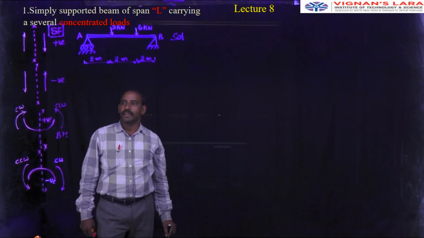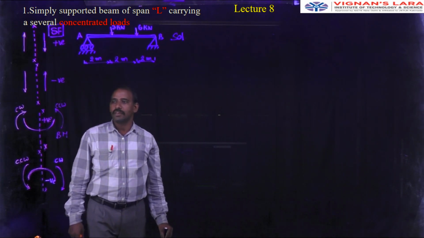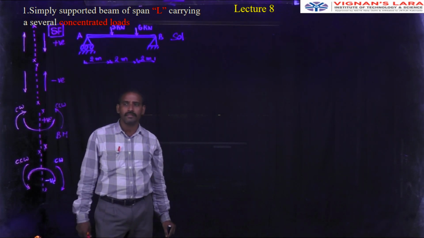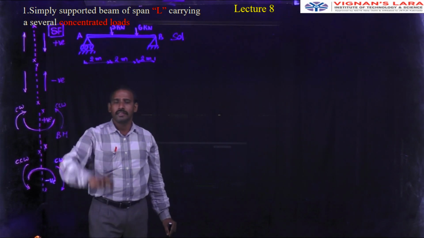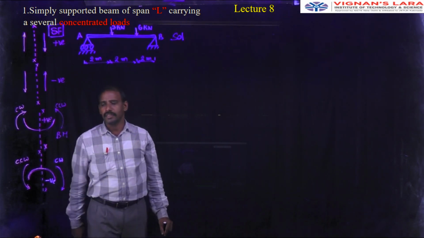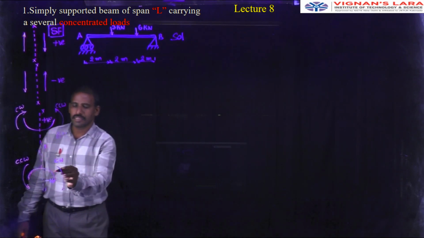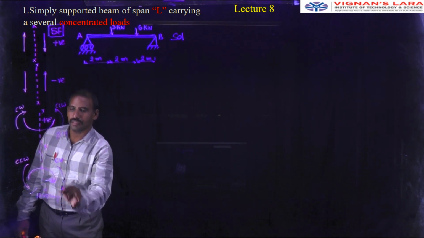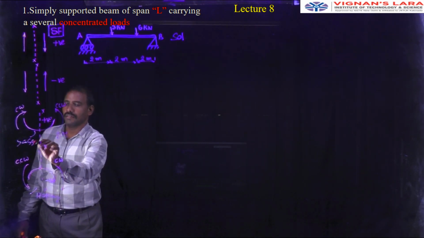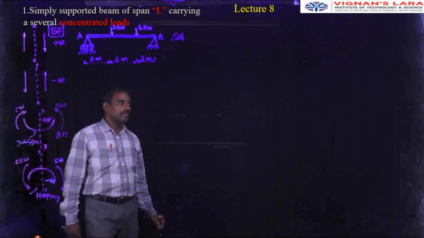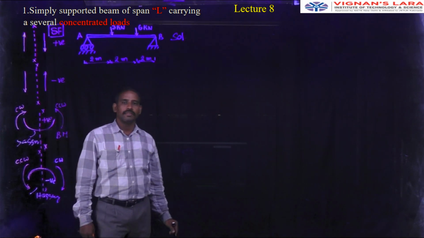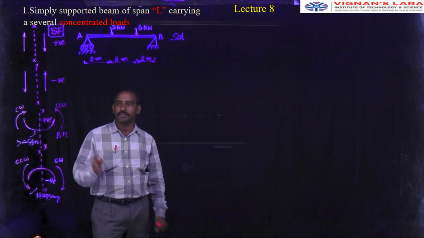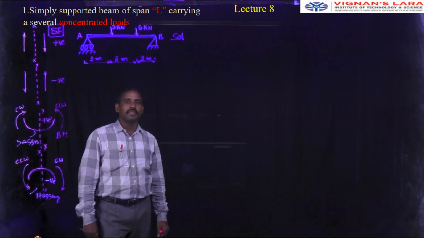Then go for the bending moment convention. Whenever taken left of the section, clockwise moment is positive, and right of the section, counterclockwise is taken as positive. Similarly for the sagging and hogging moment also, this is the hogging, this is hogging, this is the sagging moment. So this is very important. While drawing the shear force and bending moment diagram, you have to draw them as per the chosen sign convention.